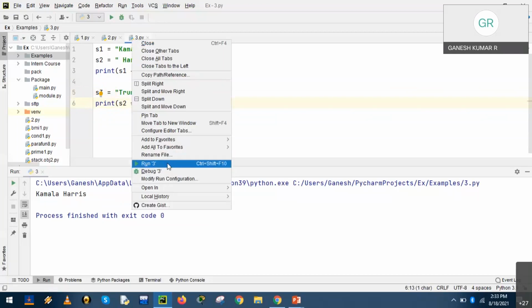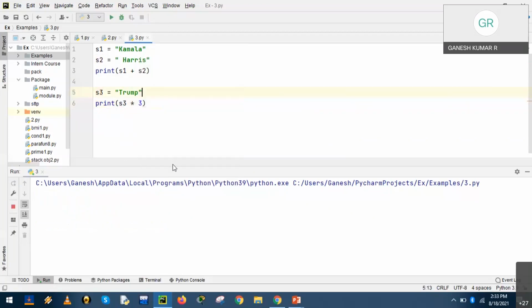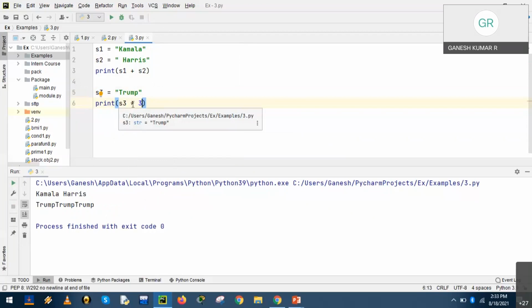Run the program and check. Have you noticed? We have used S3 instead of S2. The string is repeatedly concatenated as per the value given. This repetition is possible either post to the string or prior to the string.